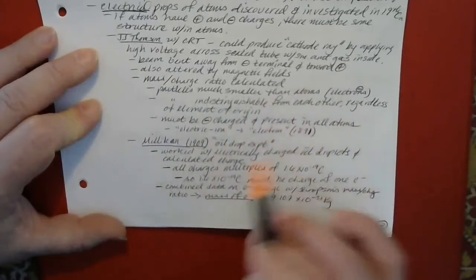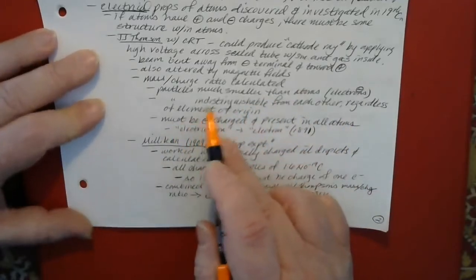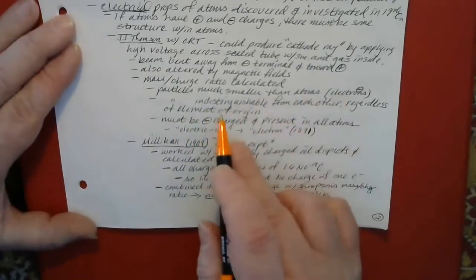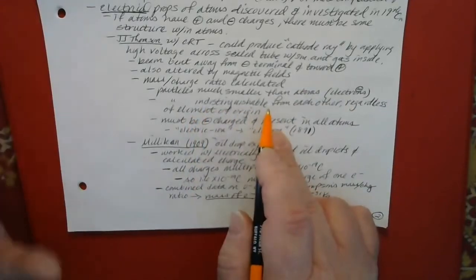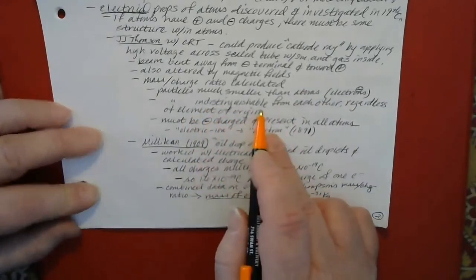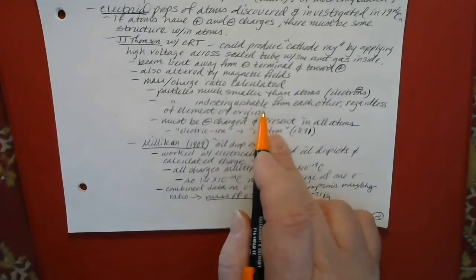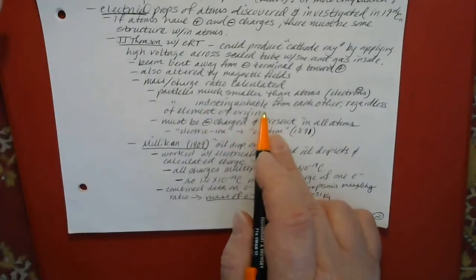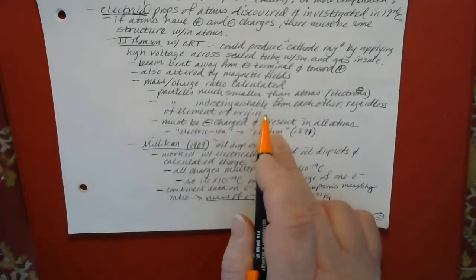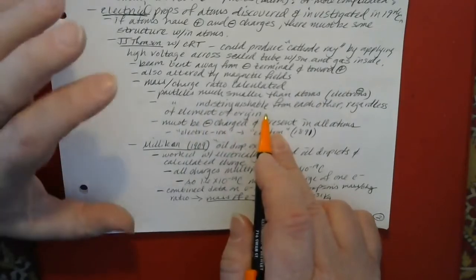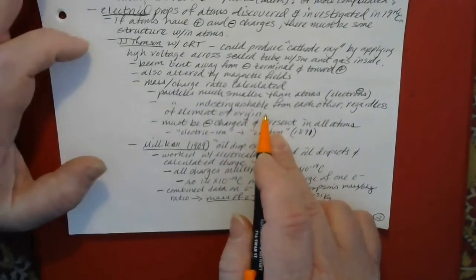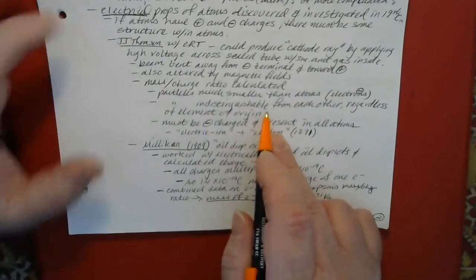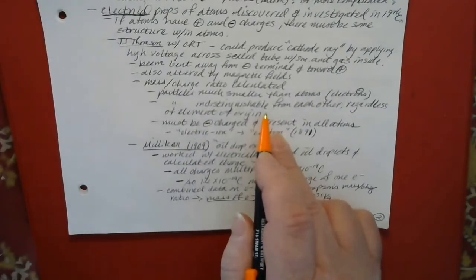You don't need to know the dates or things like that, but he found that he got the same results no matter what element he used for producing these electrons. So an electron from one element was indistinguishable from the electron from any other element. So Dalton was right when he said that the atom is the smallest unit of matter that has the same properties of the overall substance, but he was wrong when he said that there was nothing smaller than an atom.